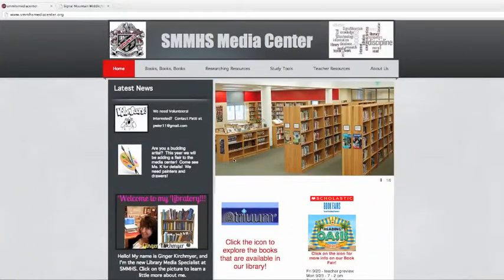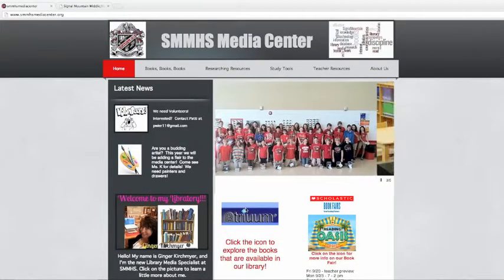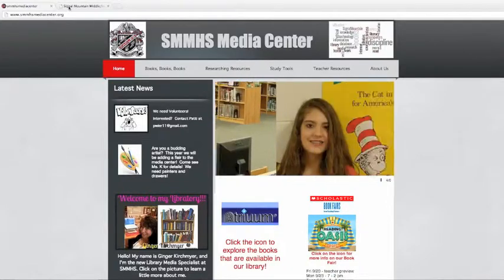The computers that we have in the library have a symbol that you can just click. It looks like this little blue diamond right here. And you can just click that and it'll take you straight to Atriuum. But if you're not on one of the school computers, you can get there two ways. One way is that you can go straight to the Media Center website. And that address is for you right here,